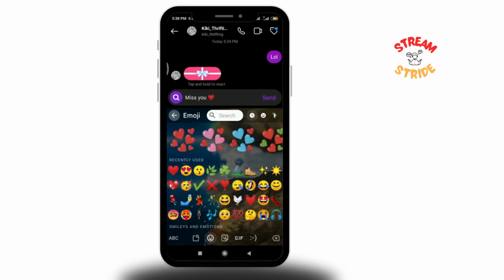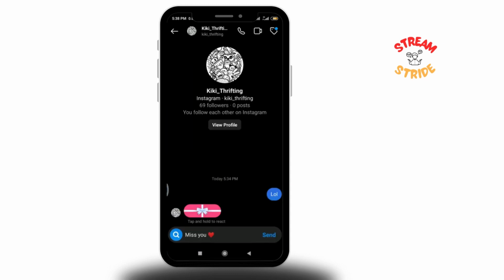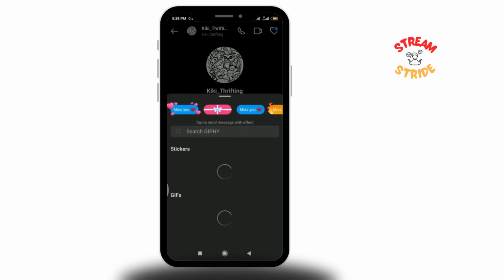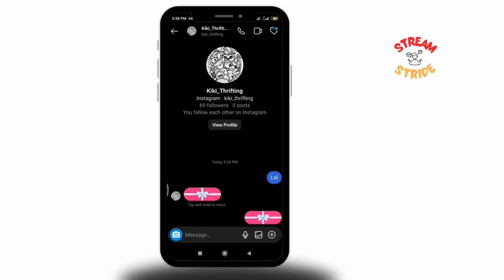Let me do this. As you do this, you can see here is a search icon on the left corner. Tap on it. As you do this, you will see here is a gift icon. As you do this, you've successfully sent the gift message by countering another gift message sent by this particular